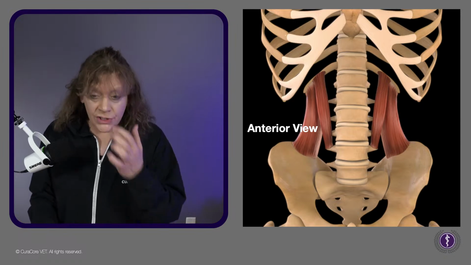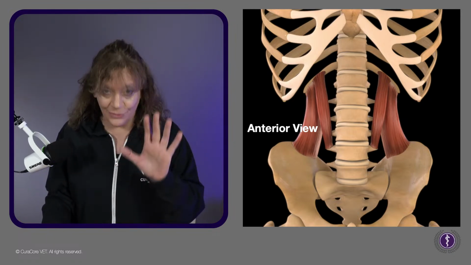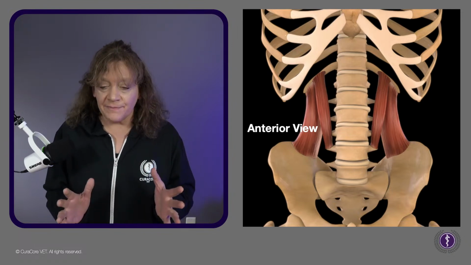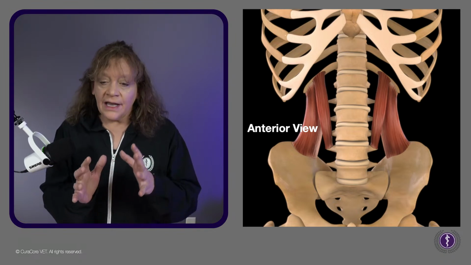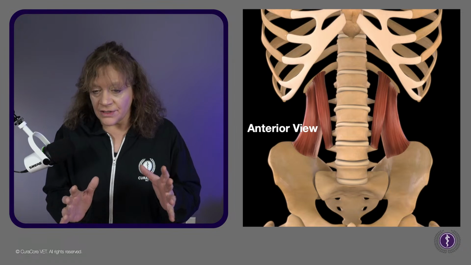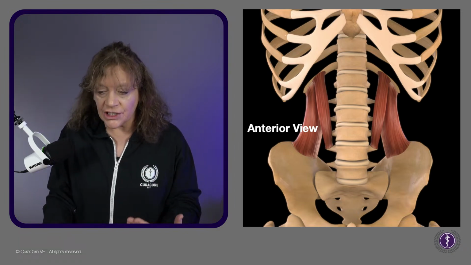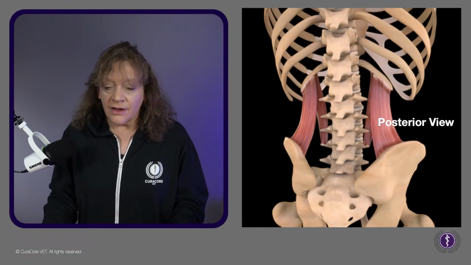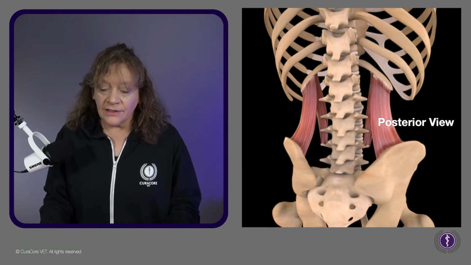So if we come down to here, for example, let me show you just a little bit of a prettier picture first. So this is an anterior or ventral view of a human. And you can see the artist has depicted the connection between the last rib and the transverse process, and also further out to the wing of the ilium. And you see how it's attaching ventrally. And here is the posterior or dorsal view, and you see how that happens.